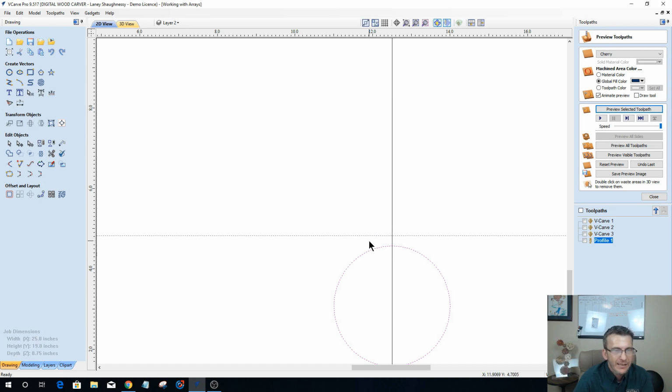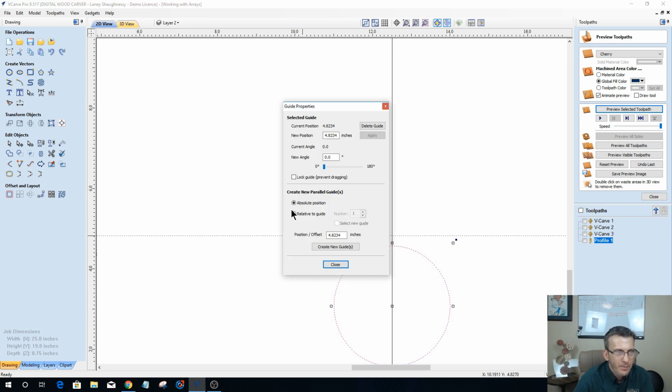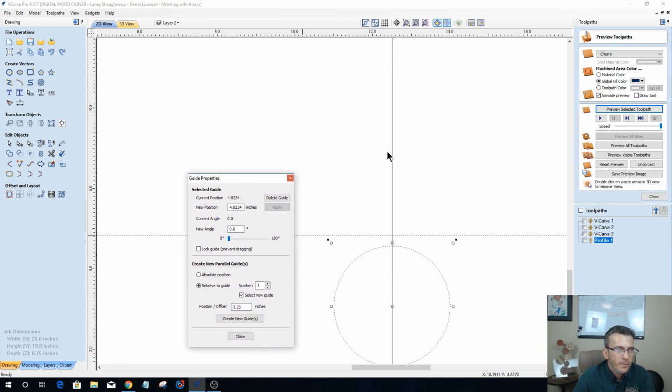Now I'm at 3 1/4, right? 3 inches is the diameter of my circle plus that 1/4 of an inch. So if I right click on this guideline and make a relative guide 3.25 and I click select new, I can just click here, and let's zoom out so you can see this. Create new guide,